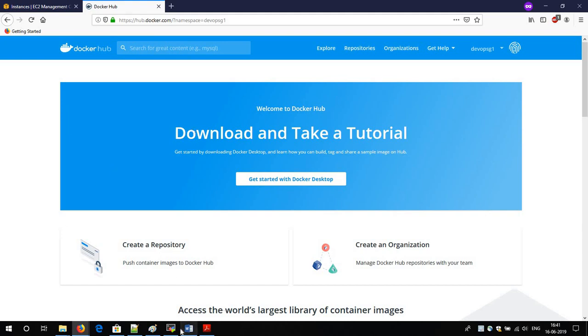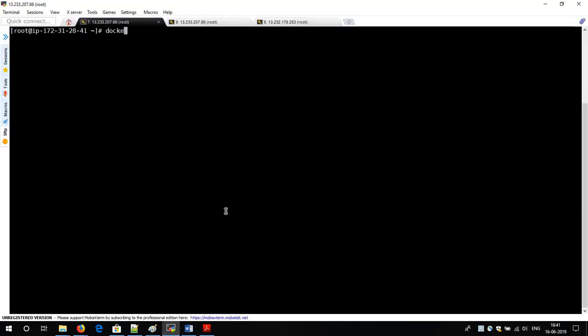So see, first let me check docker images. Right now I have only one image. So what are the steps to transfer any Docker image to your Docker Hub? For pulling images we just use the command docker pull and the image name. You might be thinking that the same process would be there for push as well, but no, it is not. Suppose I run docker